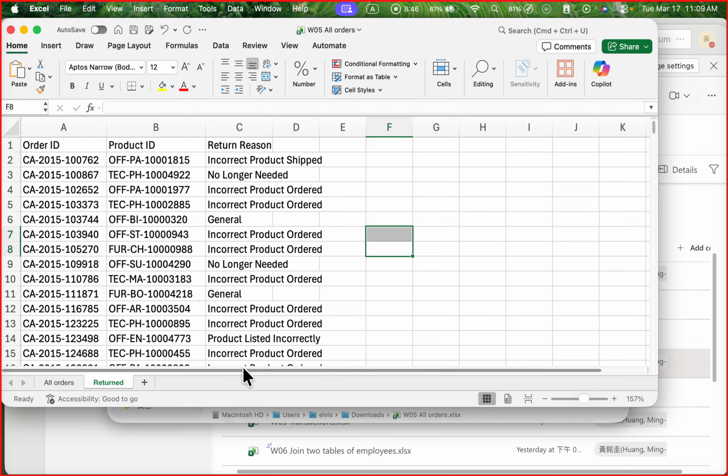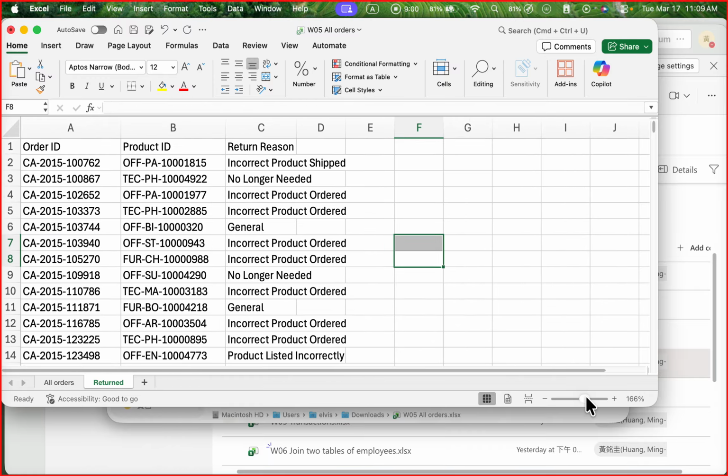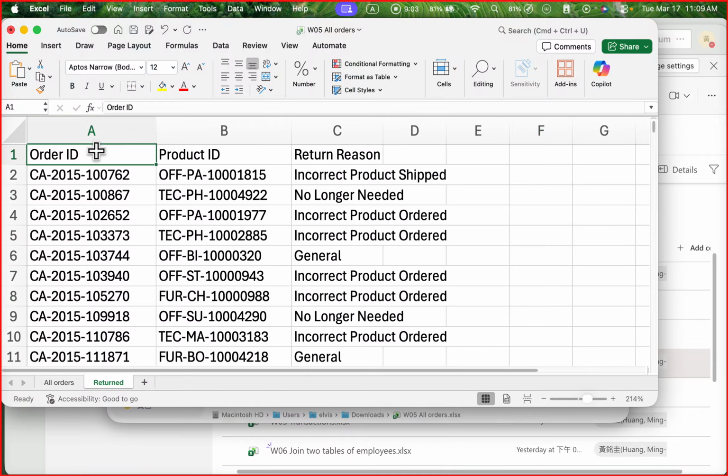It means that for some reason, customer return the products. For example, here, make it bigger. I have order ID, so the customer who placed order ID and bought a specific product, return reason is incorrect product shipped. There's a reason. Okay. So I will need you to join these 2 tables together to identify how many order